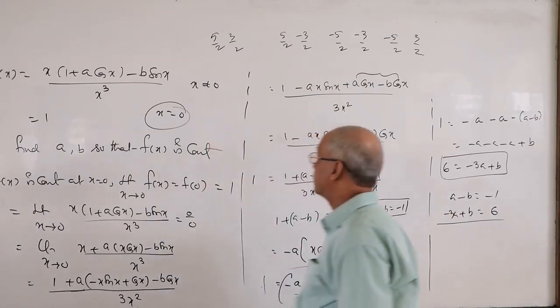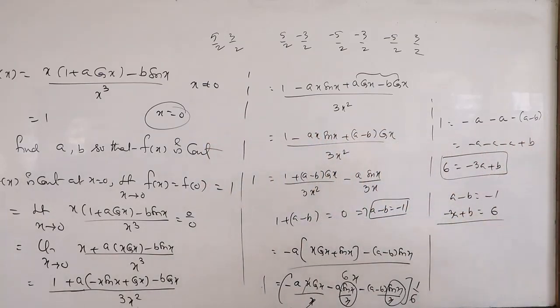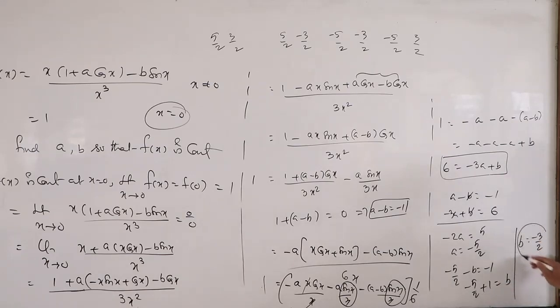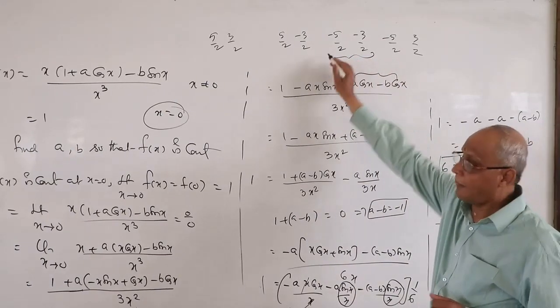Now we have to check. Now we got two equations. We are solving. Cancel B. Minus 2A. 5. A is minus 5 by 2. Substitute minus 5 by 2 here. Is B. What is implied? B. Minus 5 plus 2. Minus 3 by 2. So, where you have these answers, you check. Third option.